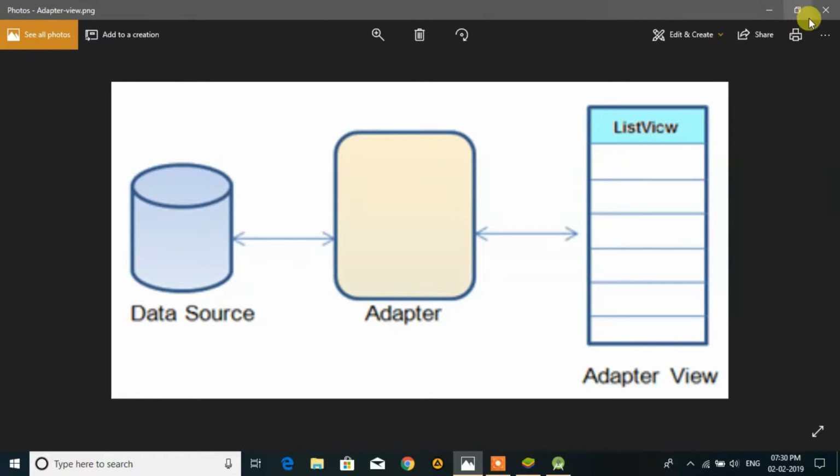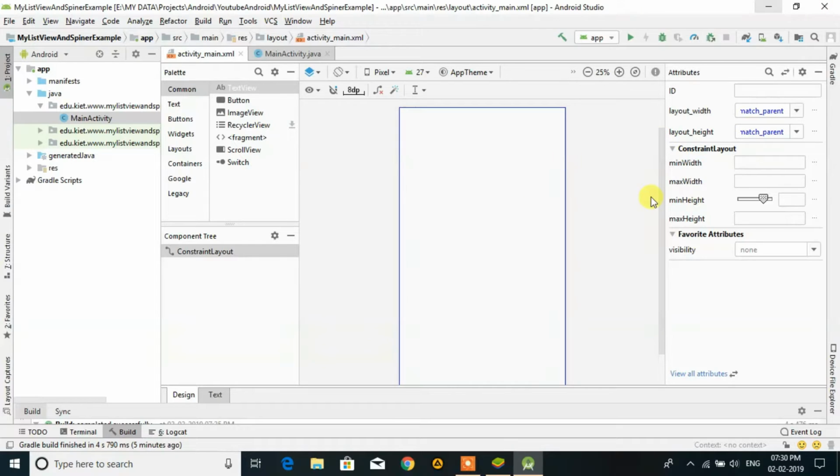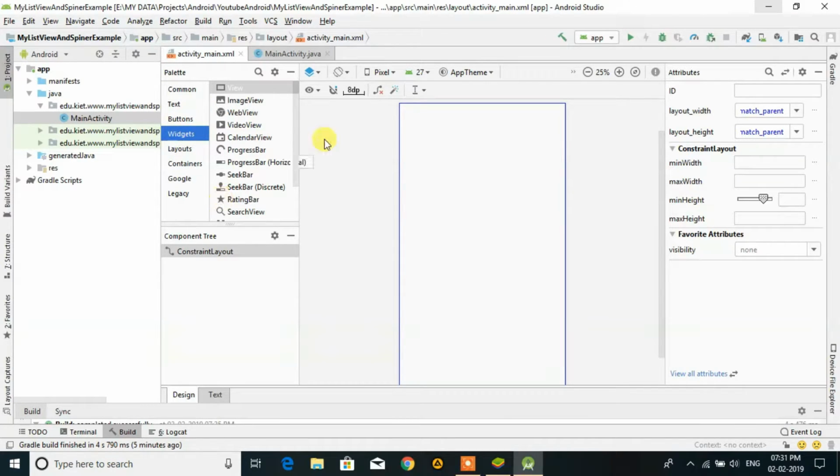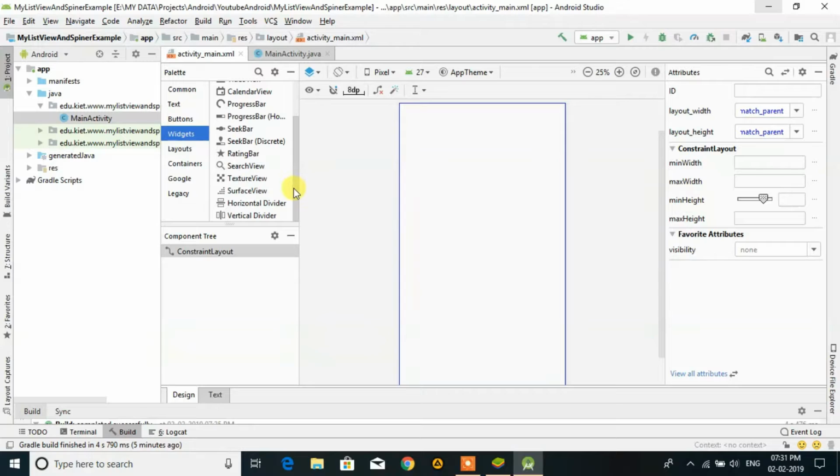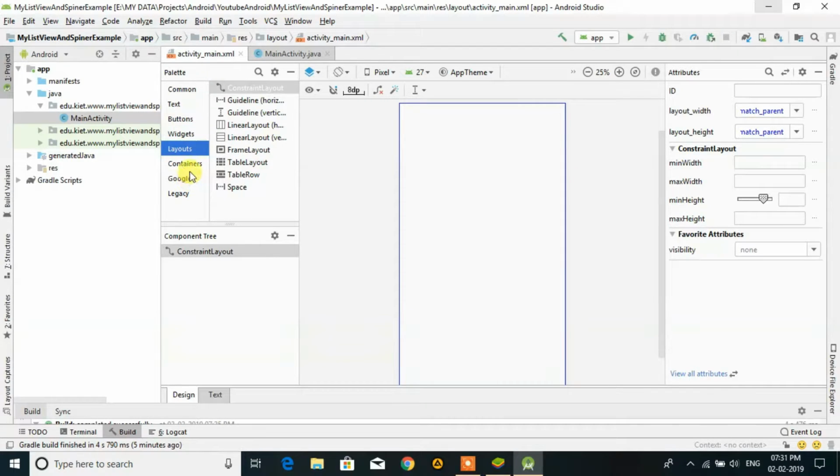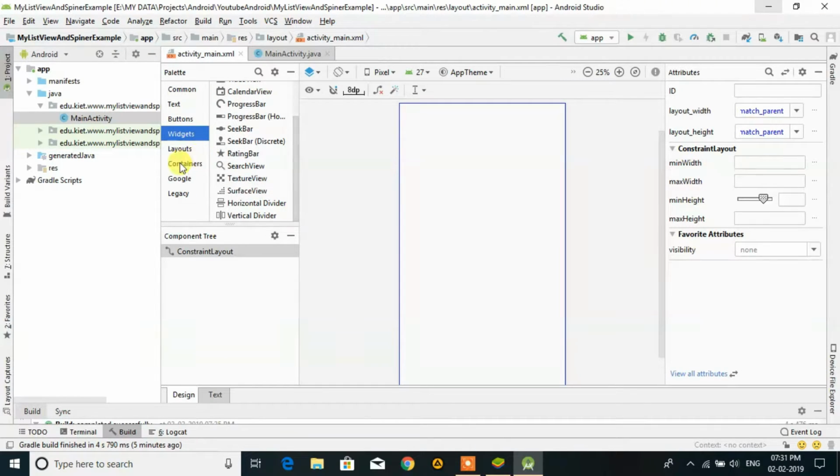Now we see the example of spinner. Here I have an activity. I will give you a demo of spinner and the adapter, how to load data in a spinner. For that I have to take a spinner first. Where is my spinner?